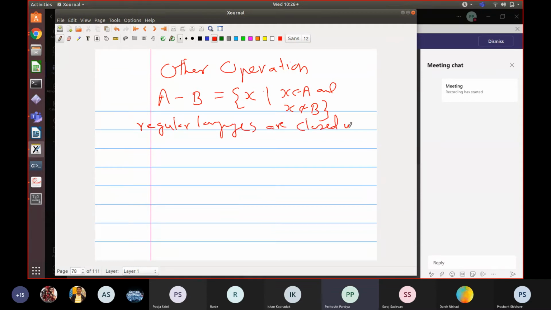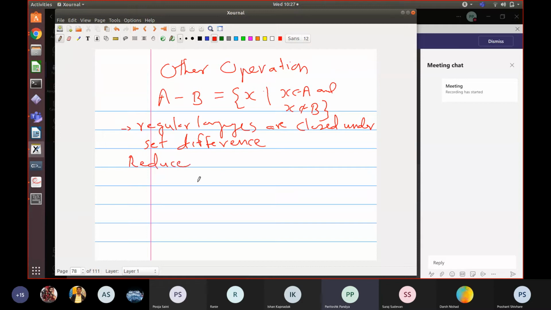Closed under set difference. Can anybody see why? You can directly take the automata for A and B and construct an automaton which will recognize only those words which are in A but not in B. For example, you can take the product of the automata of A and B, and if these are DFAs, accept those words which are accepted by the A automaton but rejected by the B automaton. So there are many ways of directly constructing this, but we will actually reduce this difference